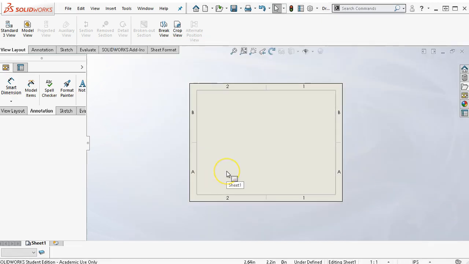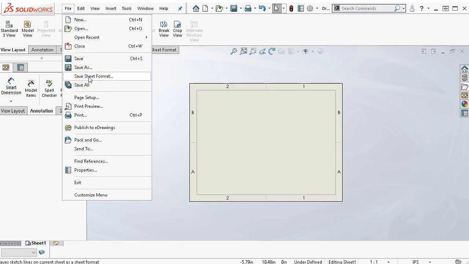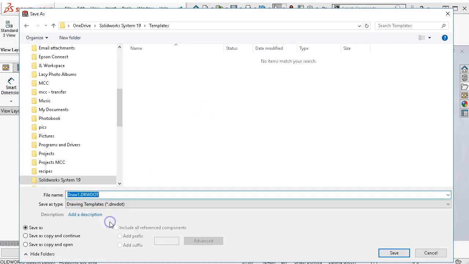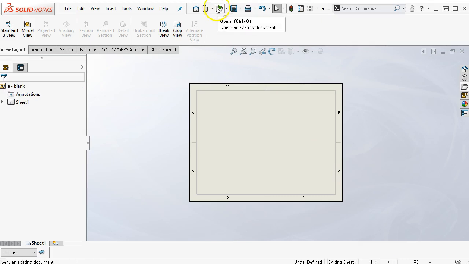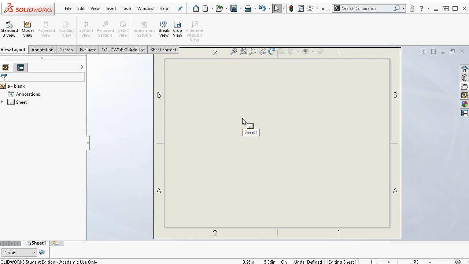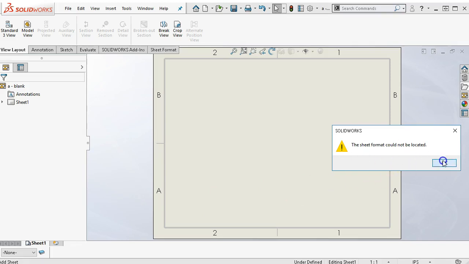I'm not quite sure why the sheet format and the drawing template are saved in separate locations under the program data and the program files, that kind of thing, but they are. And when I create them, I end up putting them both in the same folder, which doesn't seem to have any negative effects. So the drawing document template is the file that shows up underneath our new, and the sheet format is what shows up when we go to add the next sheet. So if I go to create a new format, or add sheet, it says the sheet format cannot be located,